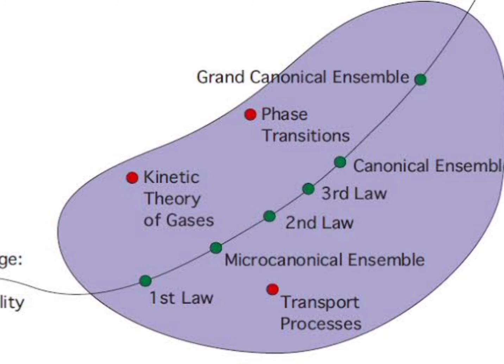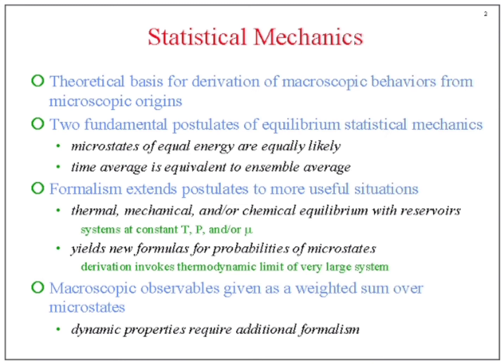Consider a chunk of metal, for example, containing perhaps 10 to the 23 ions and 10 to the 23 conduction electrons. We cannot possibly follow every detail of the motions of all these particles, nor would we want to if we could. So instead, in thermal physics, we assume that the particles just jostle about randomly, and we use the laws of probability to predict how the chunk of metal as a whole ought to behave. Alternatively,